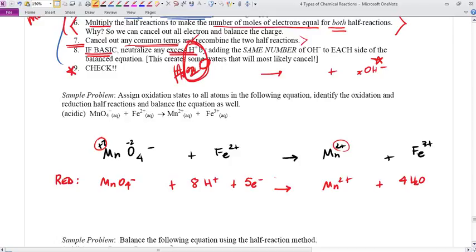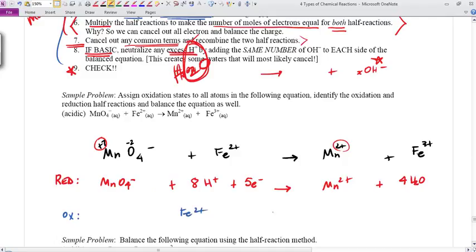That's not the goal. The goal is to get the charge balanced, not to get the charge to 0. That's a different goal. So there's my reduction half. I'm happy with that half. On to the next. Oh, those irons are a mess. Okay, so my oxidation is going to be